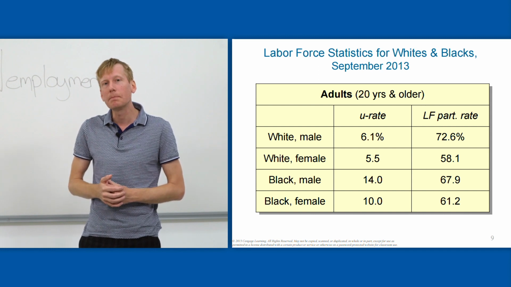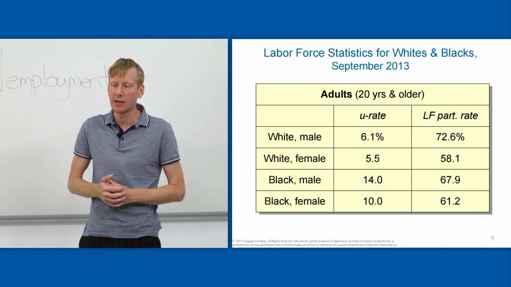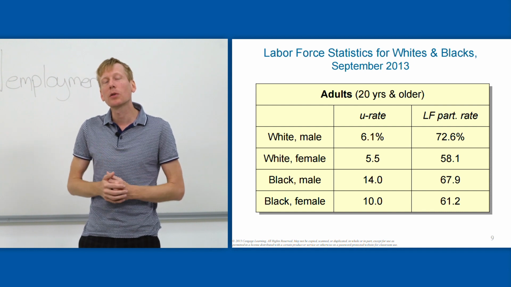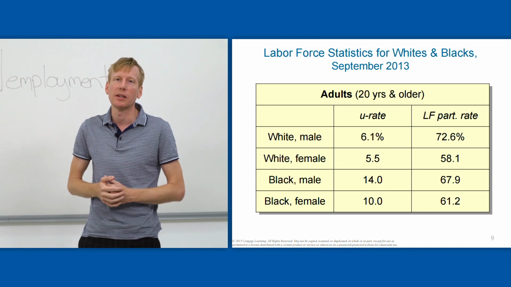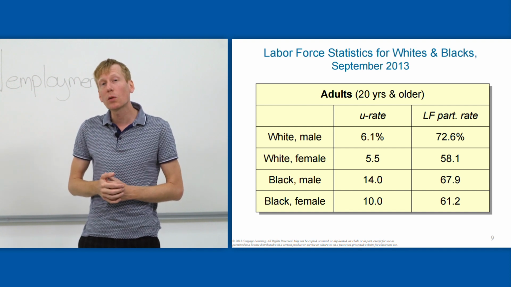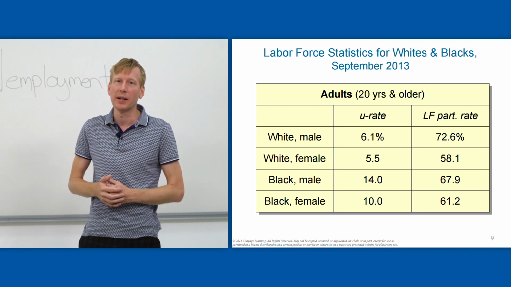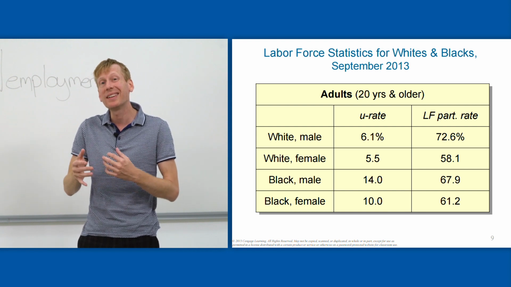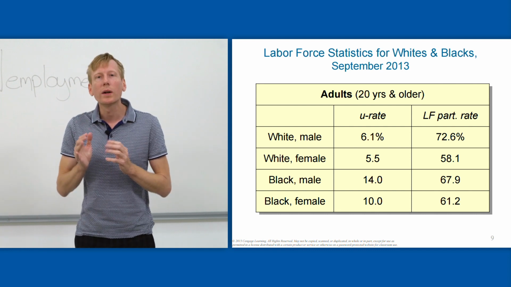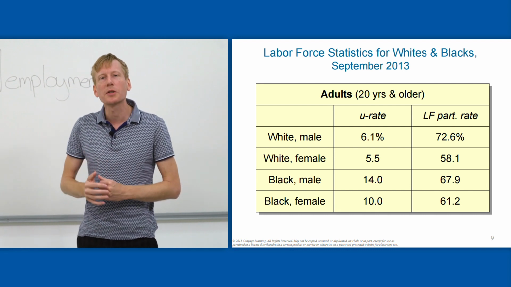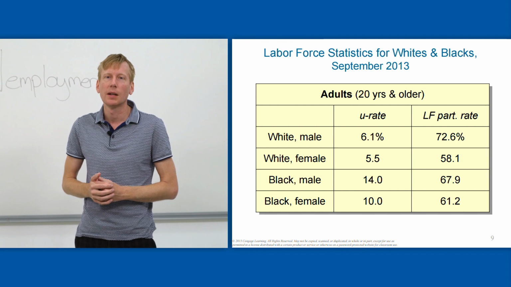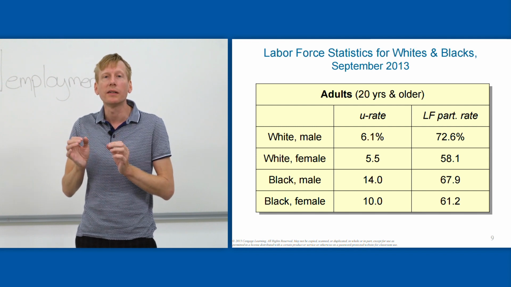We see that white males and white females in the United States had unemployment rates around 6%, 6.1 and 5.5% respectively, much lower than the unemployment rates for black men and black women in the United States at 14 and 10% respectively. We can also see there that the labor force participation rate, although the unemployment rates here in this specific month are actually lower for women than they are for men,